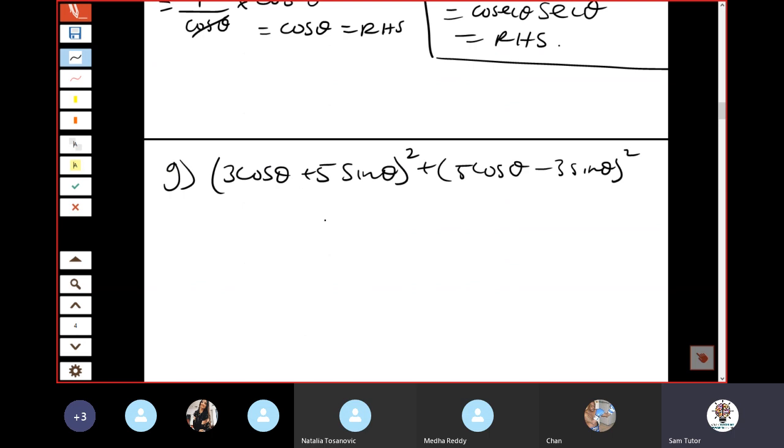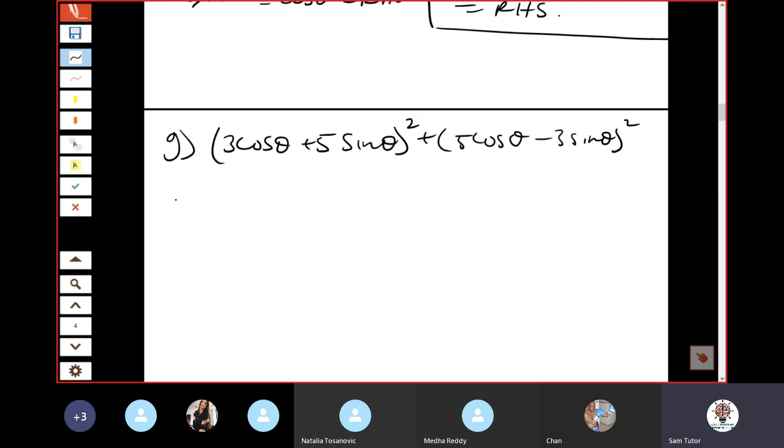All right, Natalia. Let's do this. Left-hand side. Yep. So, what are you going to do when you see this? It's squared and squared. What does your gut instinct tell you to do first? You have to expand it. Expand. So 3 cos squared theta, when you expand, it becomes 9 cos squared